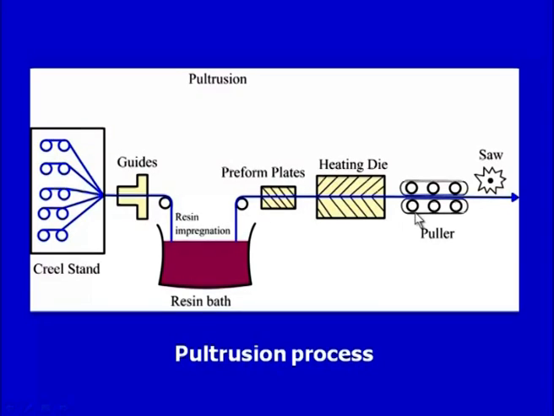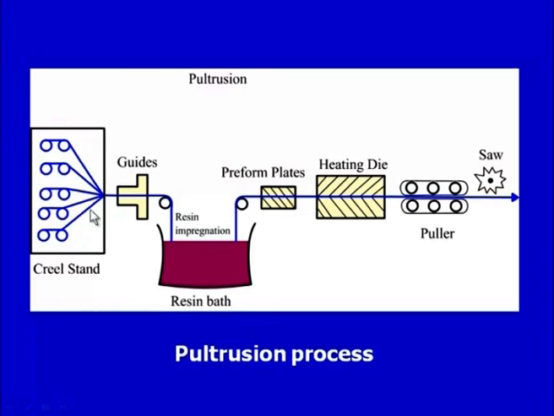There are different types of pulling mechanisms being used in different pultrusion systems. One of the important pulling mechanisms is the caterpillar type of pulling mechanism. This is a pulling mechanism which will pull the composite product out on a continuous basis, and then there is a cut-off saw which will cut the product into the desired length. So, just to revise the process once again, the fibers will be coming from the fiber creel. Here you can see this is on a continuous basis.